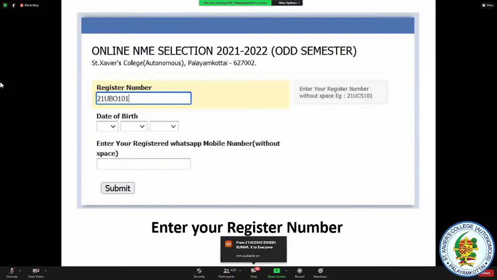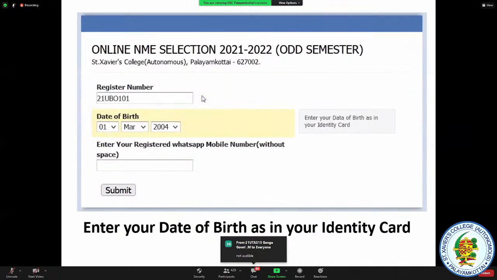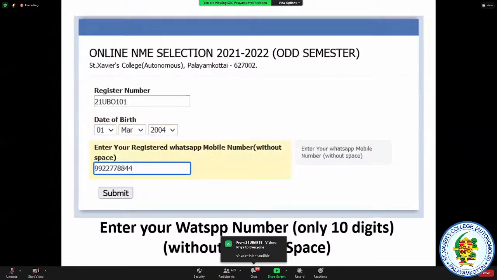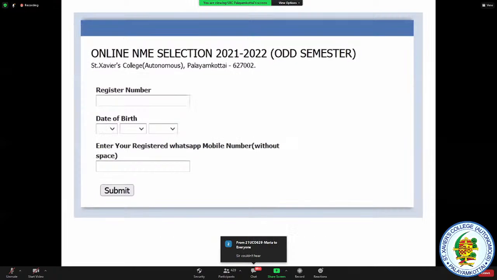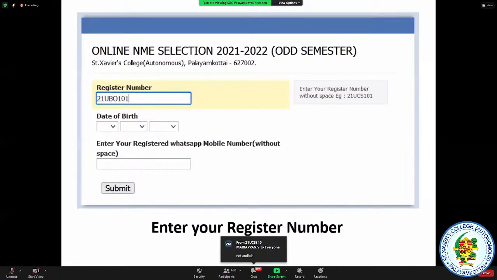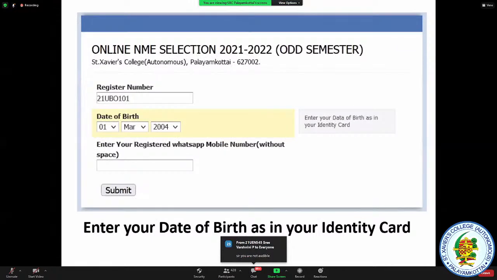give your date of birth, month, date, month and year, and your registered WhatsApp mobile without space and plus 91 and all. Okay, so these three things you have to enter in the page. You have to enter first your register number and your date of birth and your registered WhatsApp mobile number. Okay,